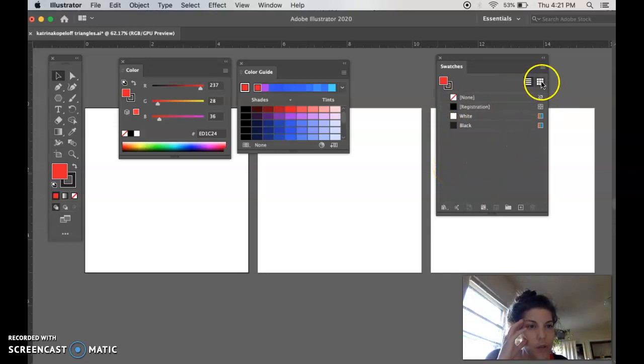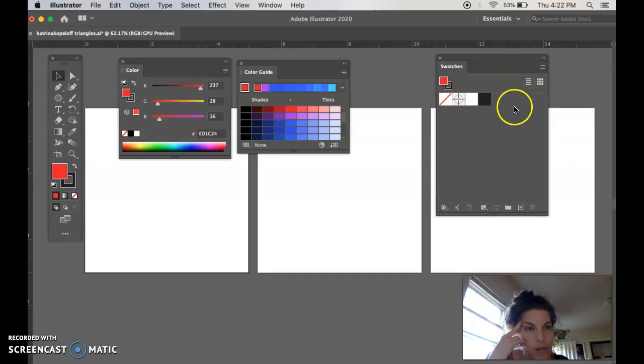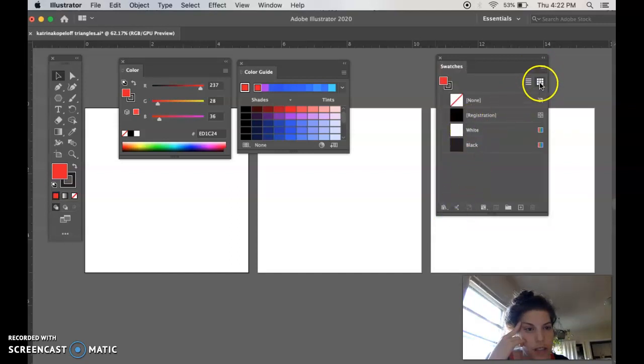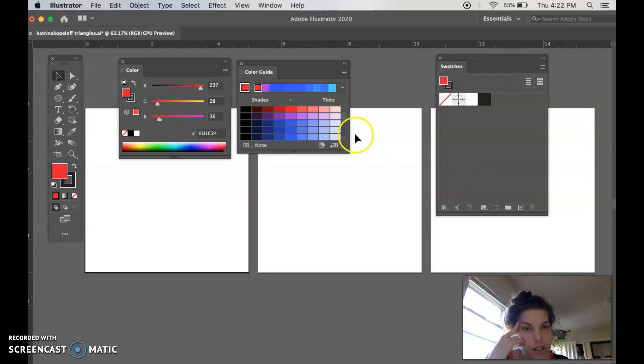You have 2 different views here, so it depends on what you like to look at. I kind of like this view. If you go to this menu, I'm going to change this to large thumbnail view so that the boxes get a little bit bigger. There's also list view that's like this. So that kind of depends on what you prefer. Let's start making some colors. I think the easiest thing to start with is